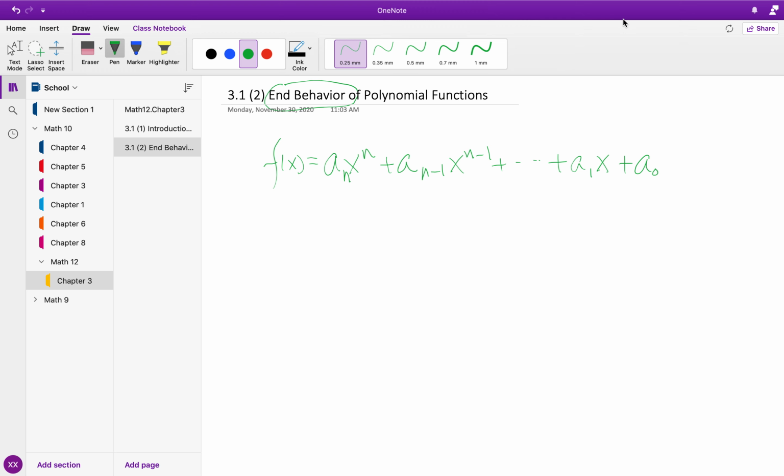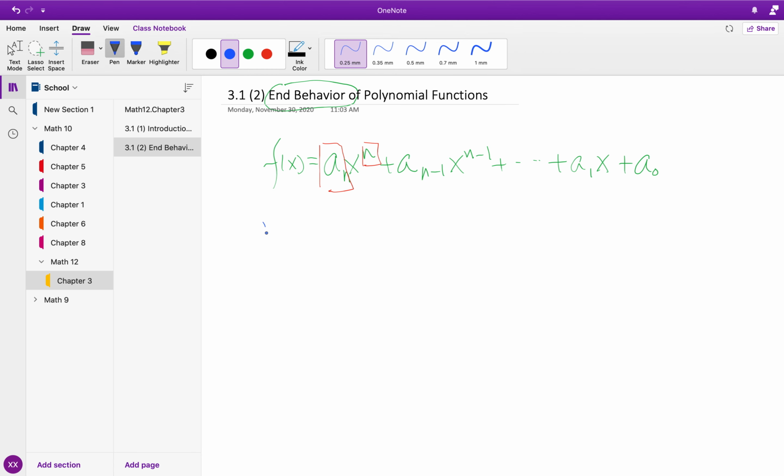So the most important thing is this leading coefficient and the power. All right, so now we also divide them into